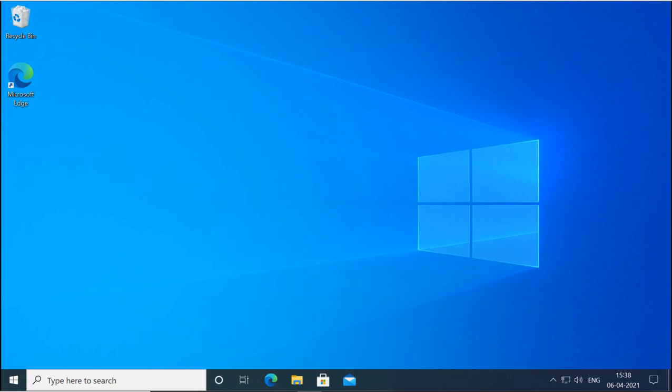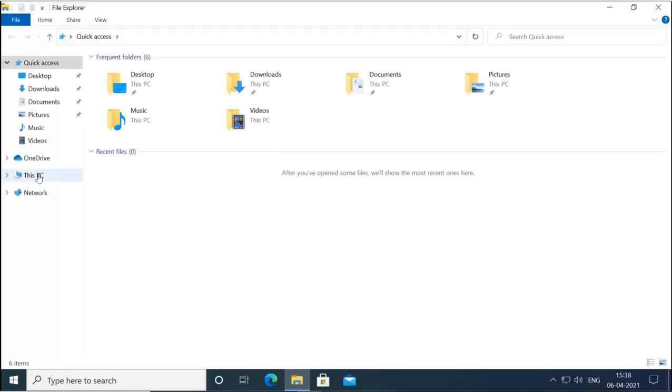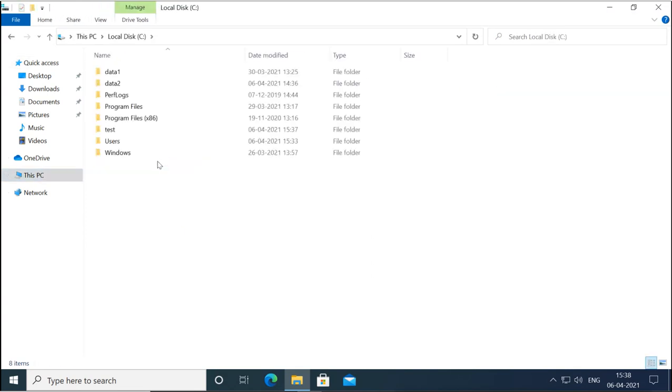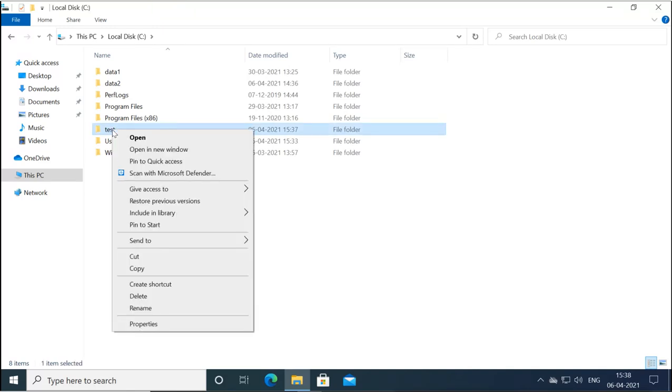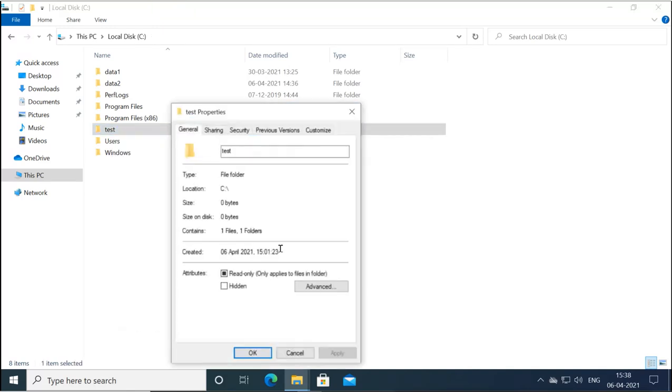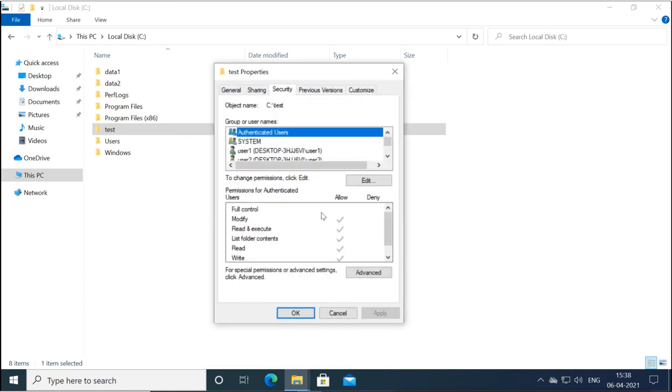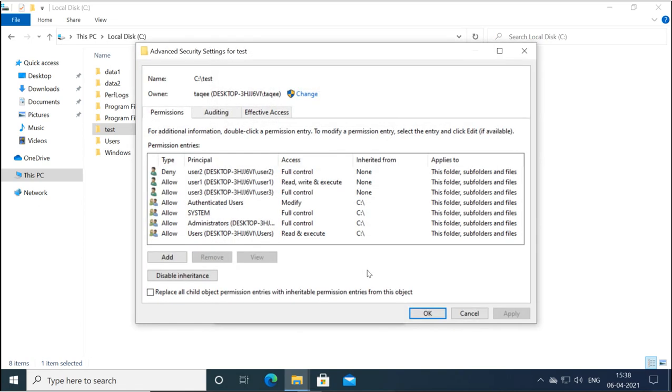And if you want to assign advanced permissions, then I will show you the advanced permissions. The permissions are the same, it is just in detail. That means the same permissions are there, but with detailed options. So if you want to use the advanced permissions, then on the security tab you have to go to advanced. This is for the basic permission and this is for the advanced permission. So click on this, it will open this advanced permissions tab.